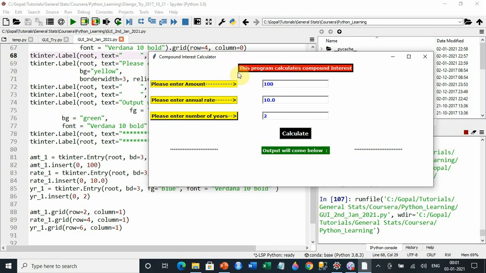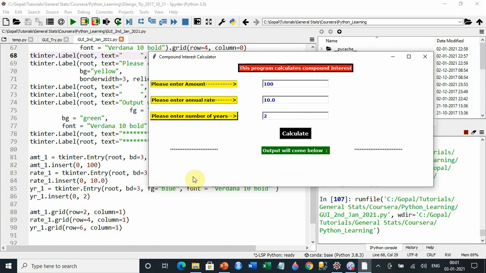This whole portion is column 0, this whole portion is column 1, and this whole portion is column 2. It also needs something, otherwise it will try to shrink. However, if you put geometry, it should not shrink, but by default I put one level here, one level here, and that makes it spacious and good looking. So that's how the three entry boxes have been put.